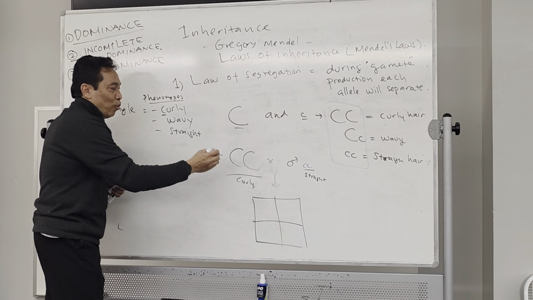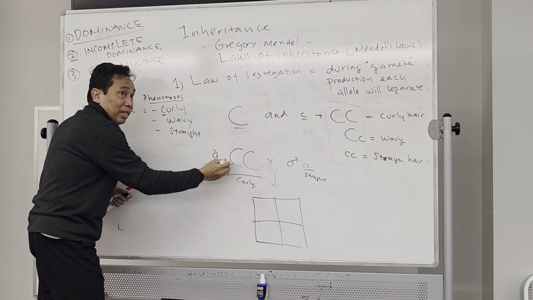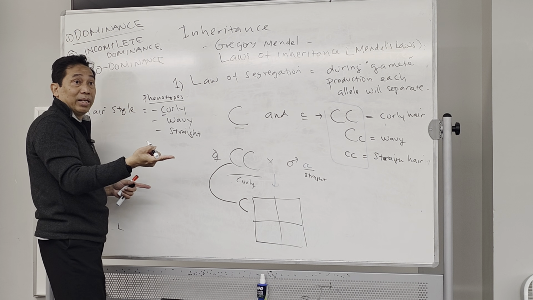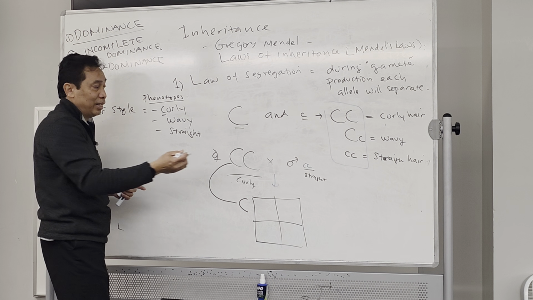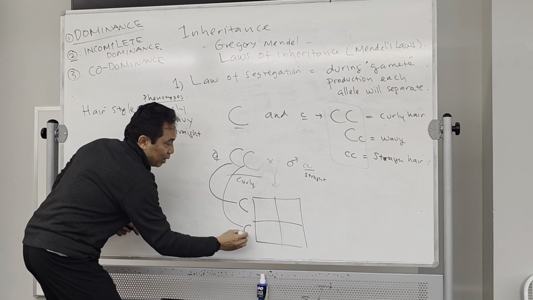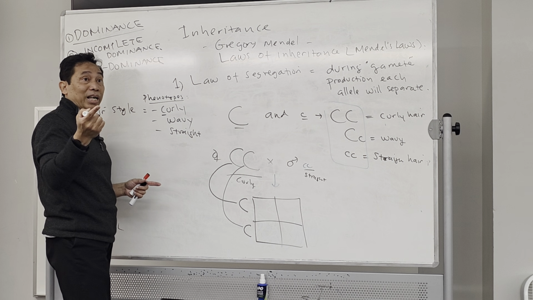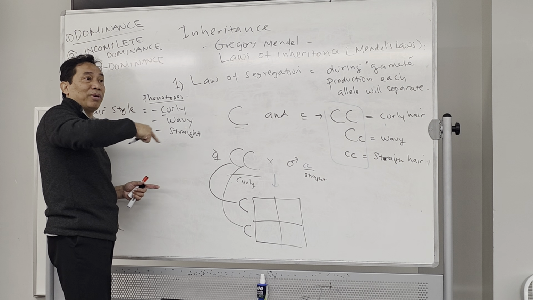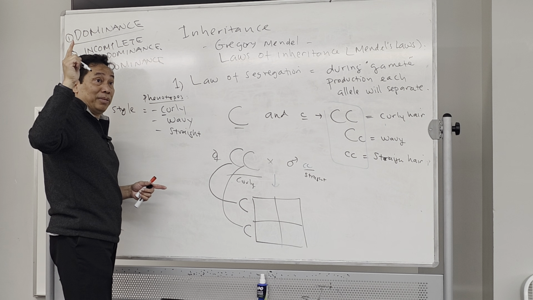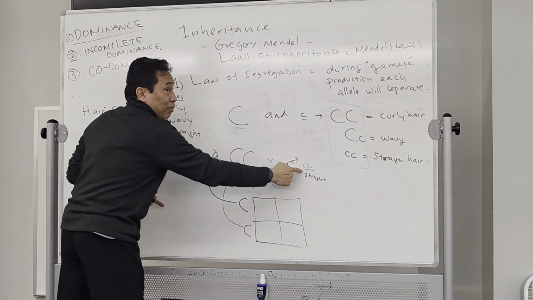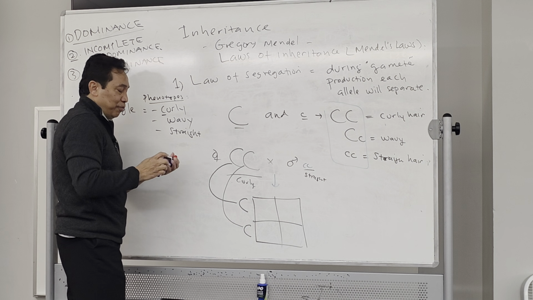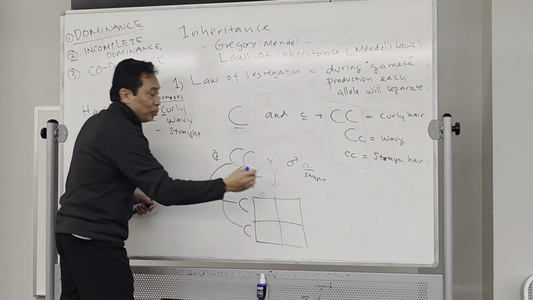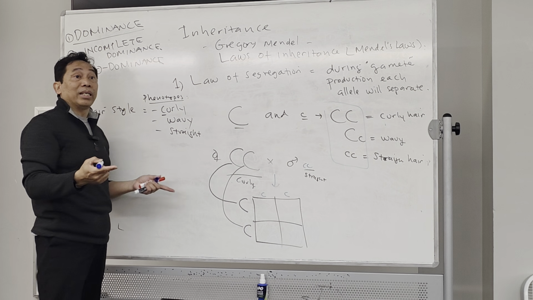Sarah, look at this. What happened with the mother over here? This X will carry the dominant allele, right? And this one will be what? Dominant allele. I just want to make sure that you will be able to answer the question in the exam. Otherwise, you will not. Look at the father over here. The first sperm will carry lowercase. The second sperm is going to be the same, lowercase.